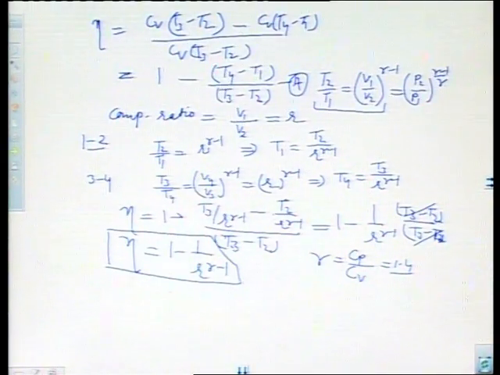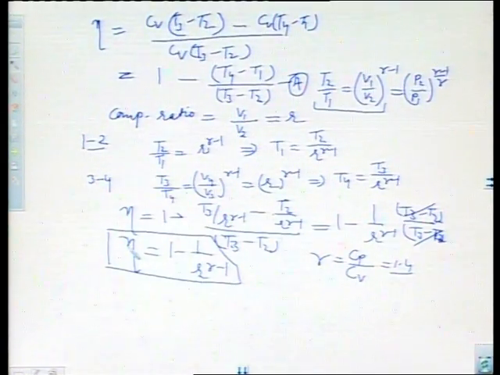From this formula, you can calculate the numericals. If the compression ratio is given, you put the value here, you can find out the efficiency. If gamma is given, you can find out the efficiency. If the examiner says find out the work done, you can find out the work done, what is heat supplied